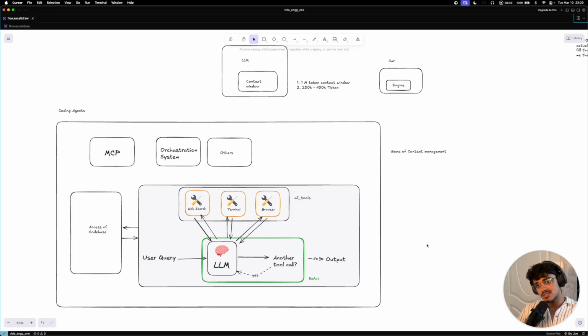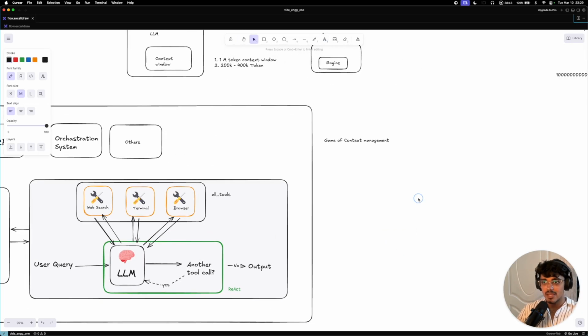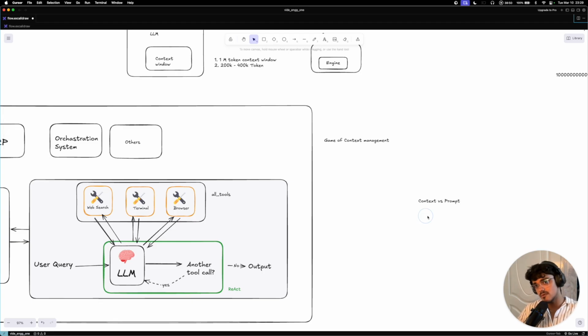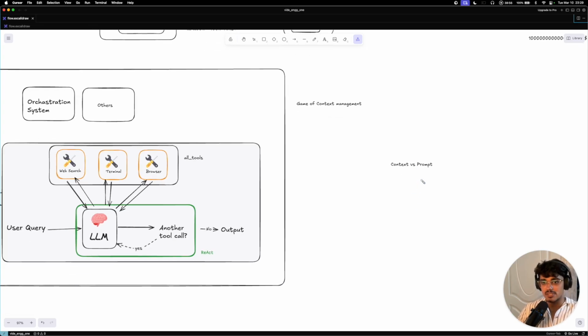So I hope you understand what a context window is. Now let's quickly discuss the difference between context versus prompt. If you see the meaning of the words in the dictionary, you will find the difference there only. So what is a prompt? Let me give you an example itself. So see,